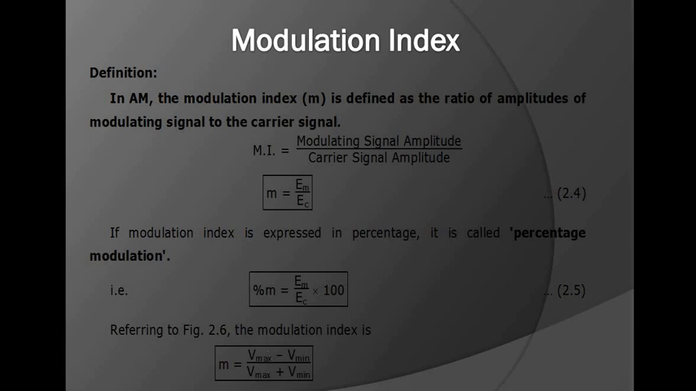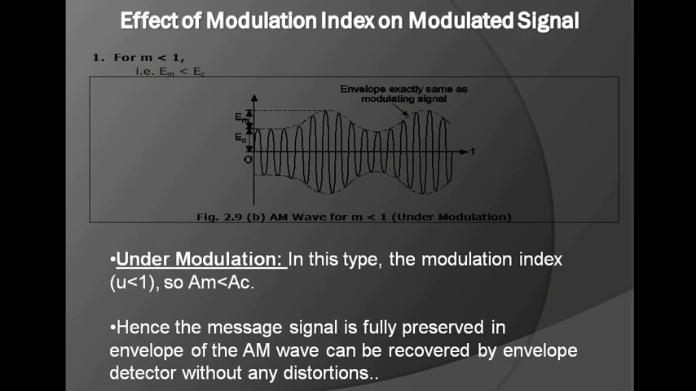Maximum amplitude minus minimum amplitude divided by maximum amplitude plus minimum amplitude, multiplied by 100, gives the percentage of your modulation index. Actually, this Em is given as maximum amplitude minus minimum amplitude divided by maximum amplitude plus minimum amplitude. In terms of percentage, you can multiply it with 100. Okay, here the effects of modulation